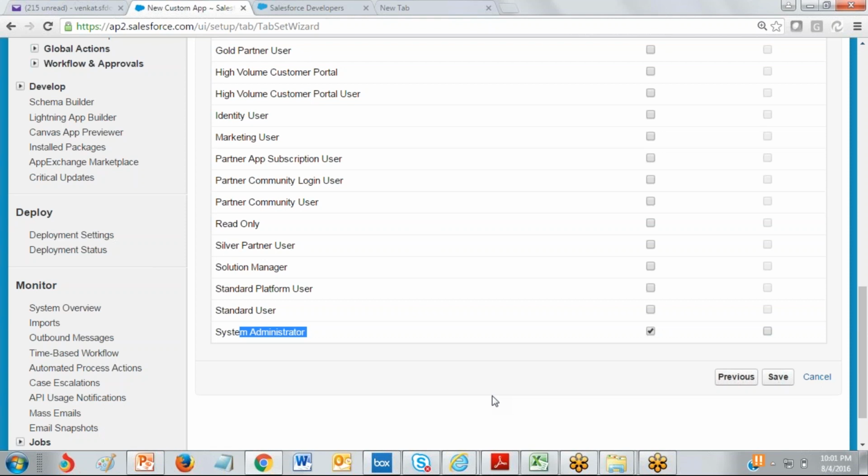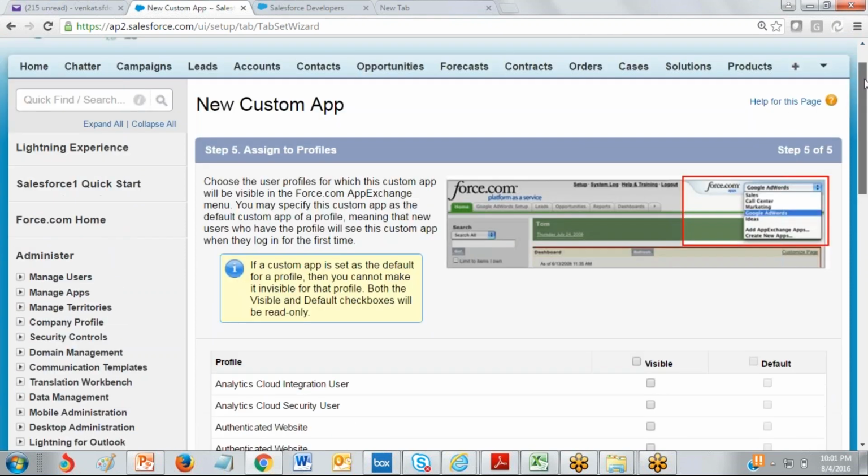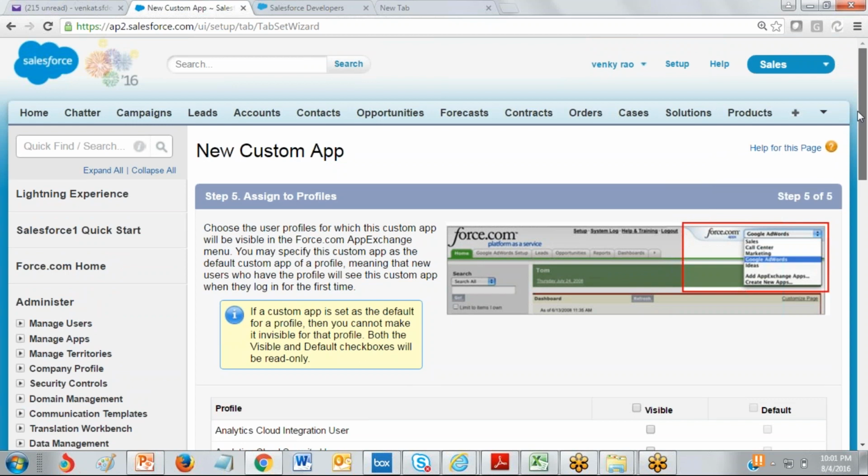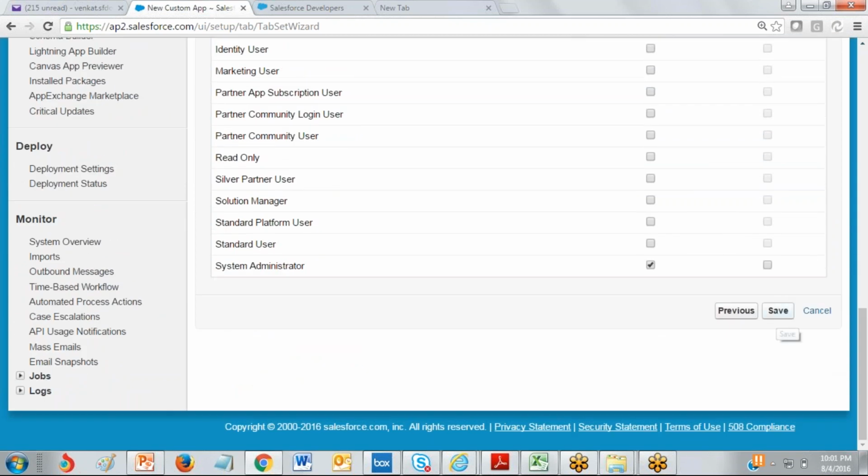Because you need the accessibility of system administrator, so that you can do both admin as well as developer work. Click on save. Before saving you can see, is this supplier apps there? No. Click on save.